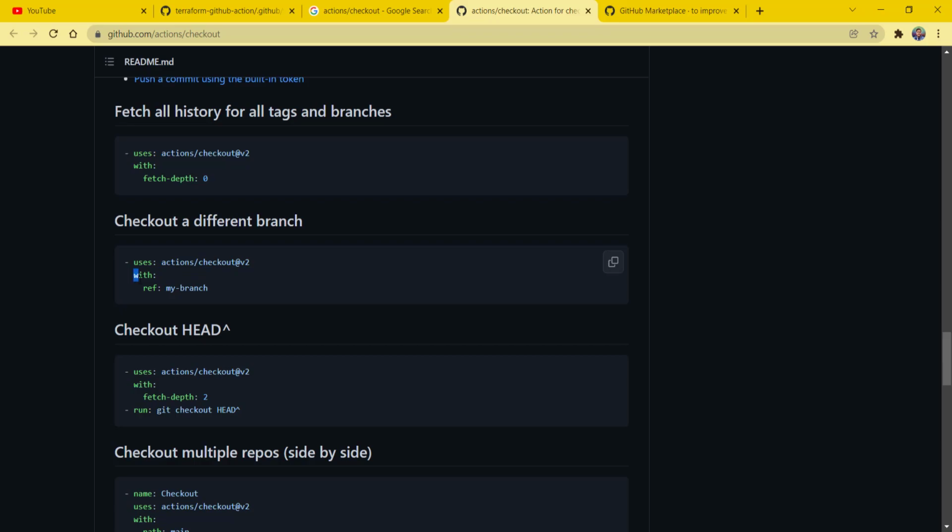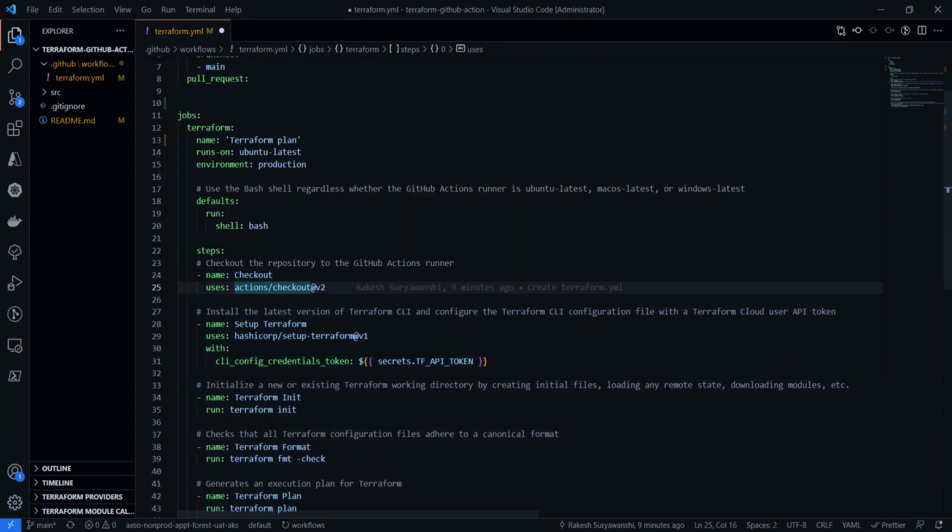Or if you would like to override the default parameters of any action, you can use the with keyword, which says use this action with these parameters, and then the name of the parameter and the values. Obviously you need to know what parameters are supported by the particular action type you are using. In my case, I don't want to override any specific parameters, so I'll leave it as is.